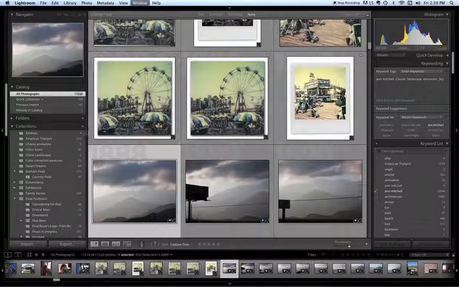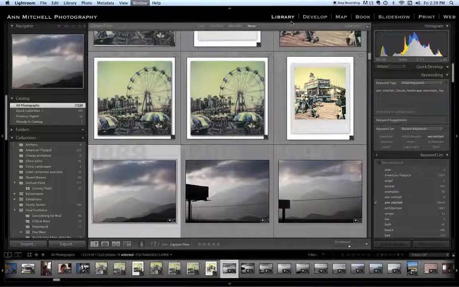In this set, we're going to go through the beginnings of how to bring images into Lightroom. This is using Lightroom 4, but Lightroom 5 works pretty much the same. We are in the library module, and I'm going to go down to the import button,